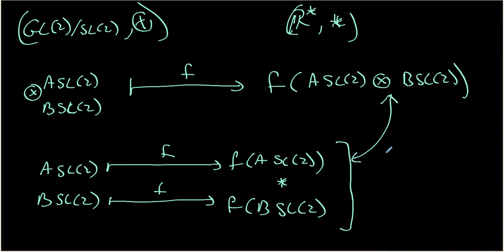So we get the same result regardless of whether we do the group operation first, followed by the function, or we do the function first, followed by the group operation in the second thing. And so what this actually means is that structurally,